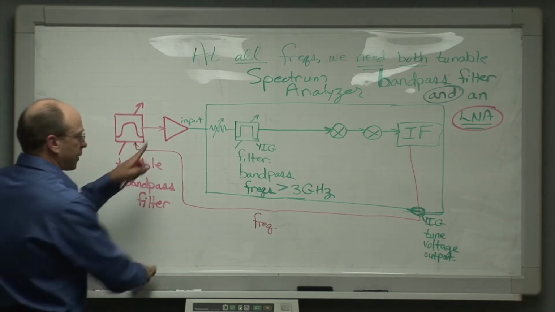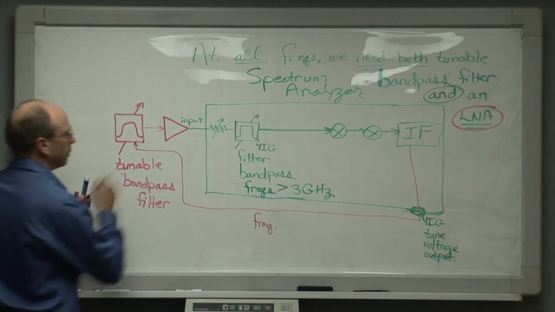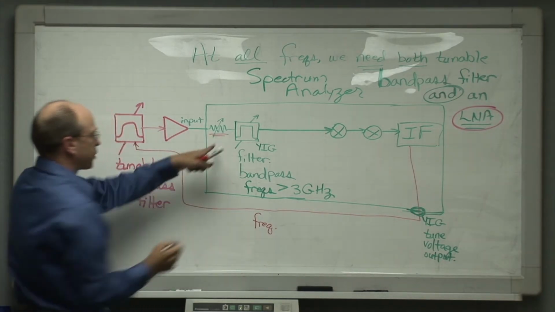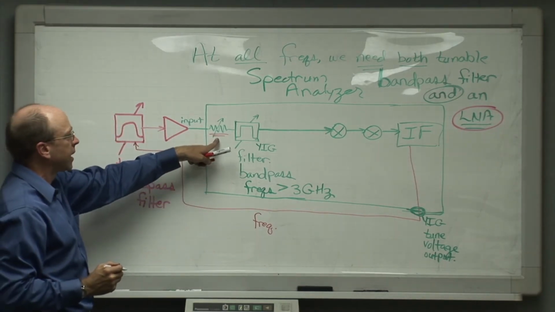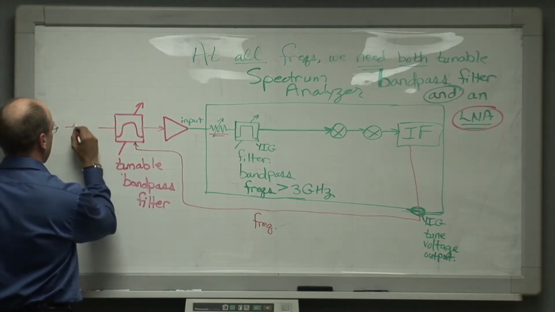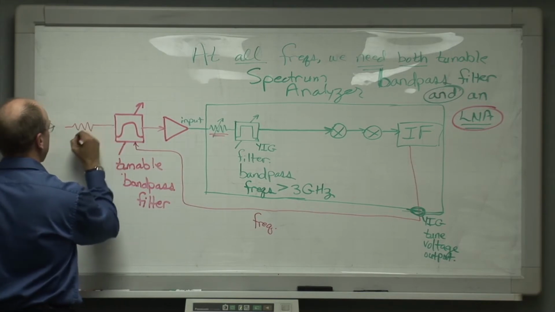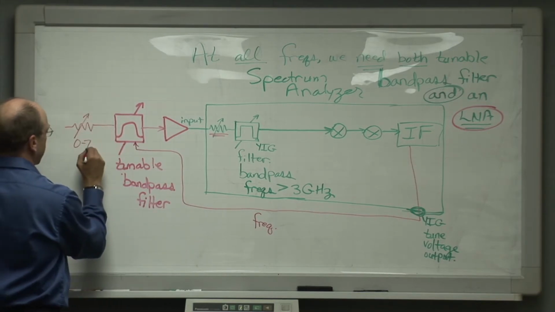And then, for the dynamic range problem, remember we also have the dynamic range issue. We need an attenuator, and this one's not going to do us any good because it's inside the analyzer. We've got to back an attenuator out here to the front end, like so. Okay, 0 to 70 dB